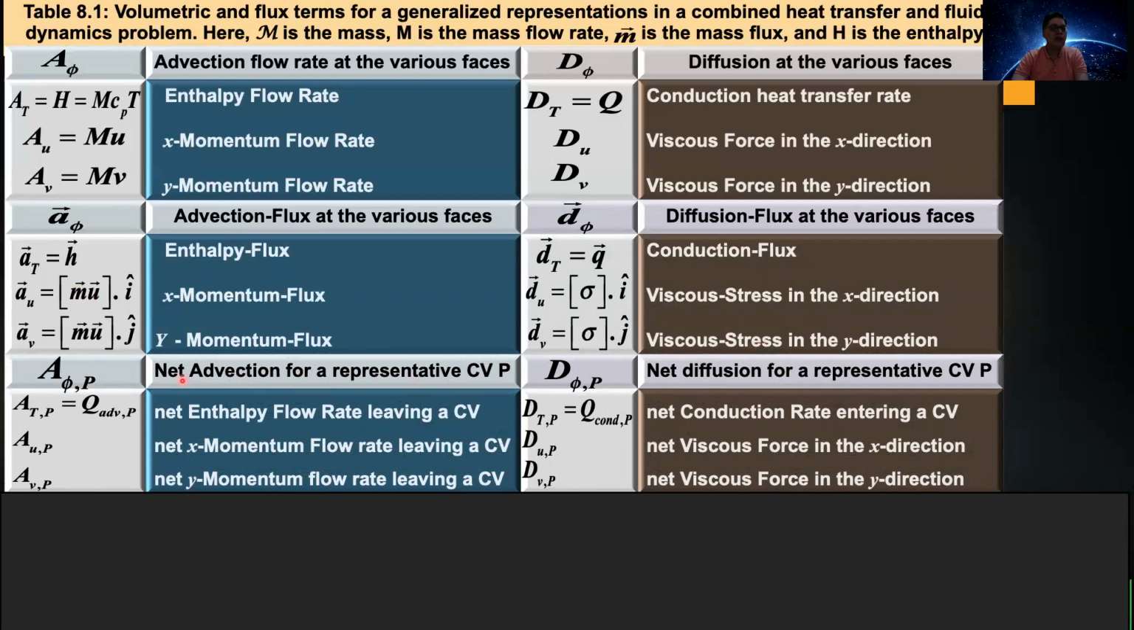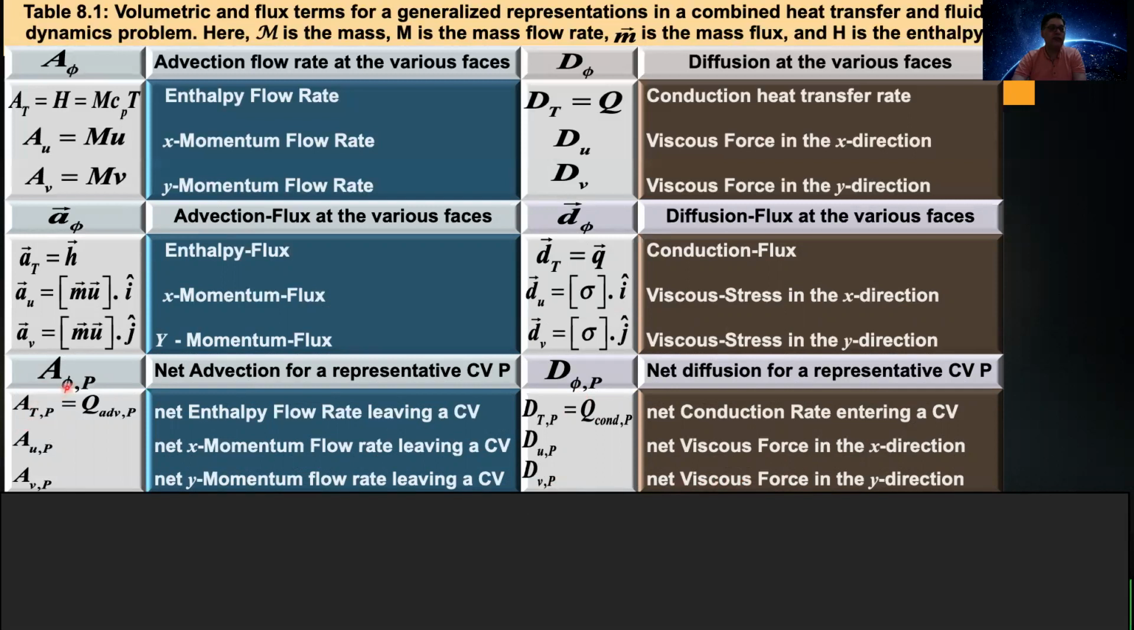The net advection is represented here, this is the advection flow rate. Now the net advection for a control volume is denoted by A phi P, and the net diffusion for a control volume is denoted here by capital D phi P, where if this phi is T, it gives the net heat gain by conduction, the net conduction heat transfer rate entering a control volume, which is the total heat gain by conduction. If this phi is U, it gives you the net viscous force in the x direction. If this phi is V, it gives you the net viscous force in the y direction. Similarly,